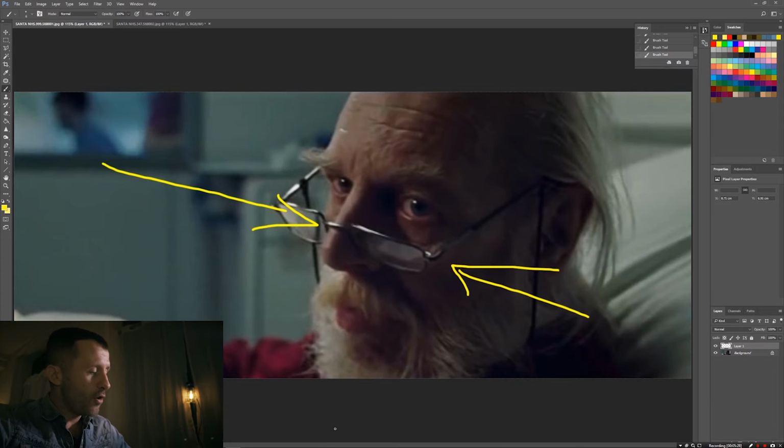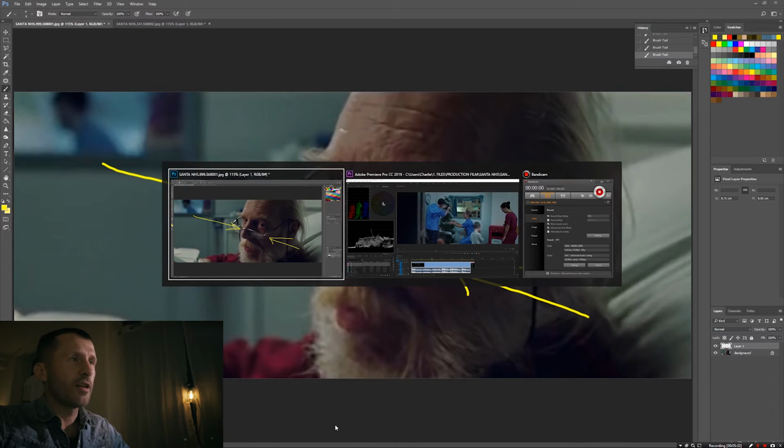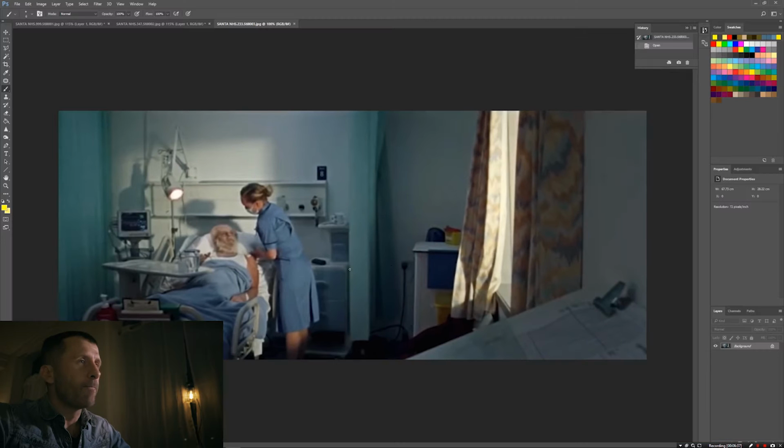Whereas if you look on an earlier shot in this video, it just doesn't look as good. There, on this shot, the light isn't coming from the opposite side of his face. The light is coming from the window, which we've just established from this scene here. Yeah, so the window's there. So on that shot, if we just take that frame, we can see the light's pushing in from this direction through the window, and that shot there,